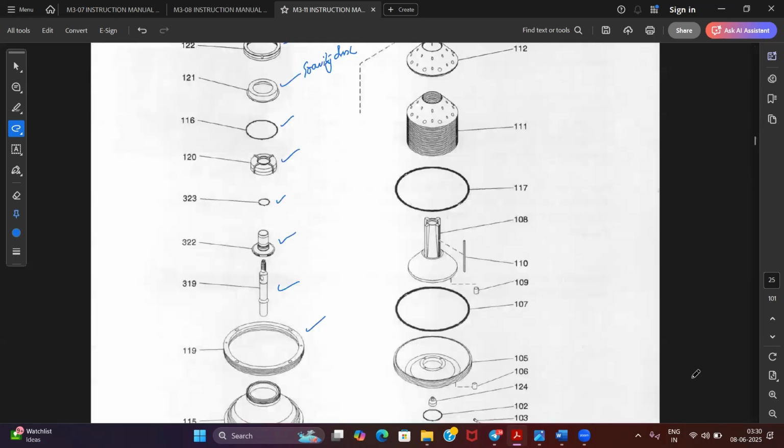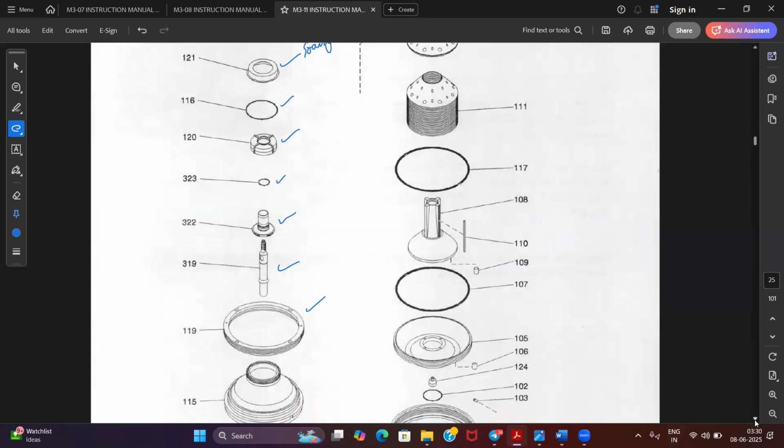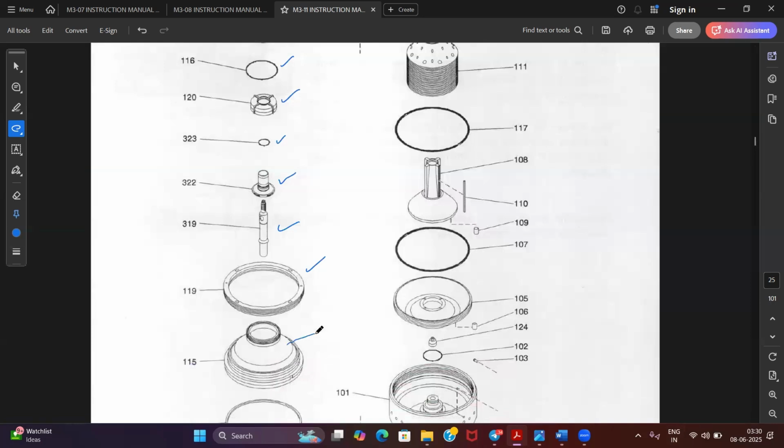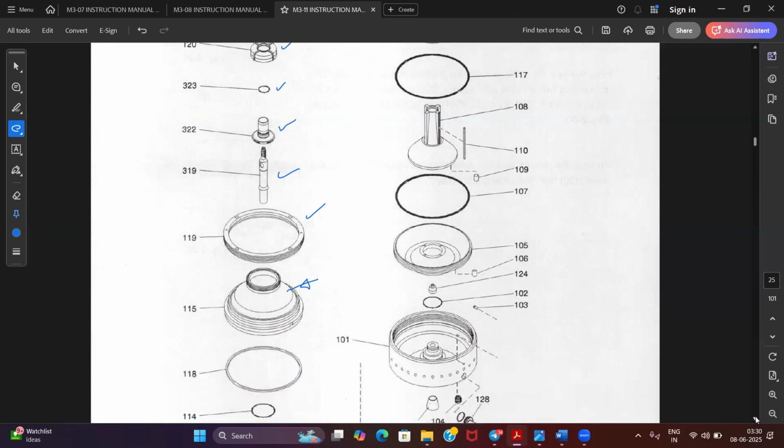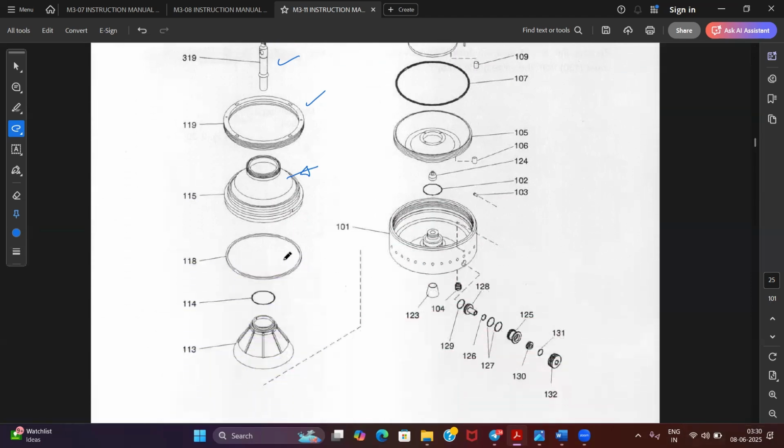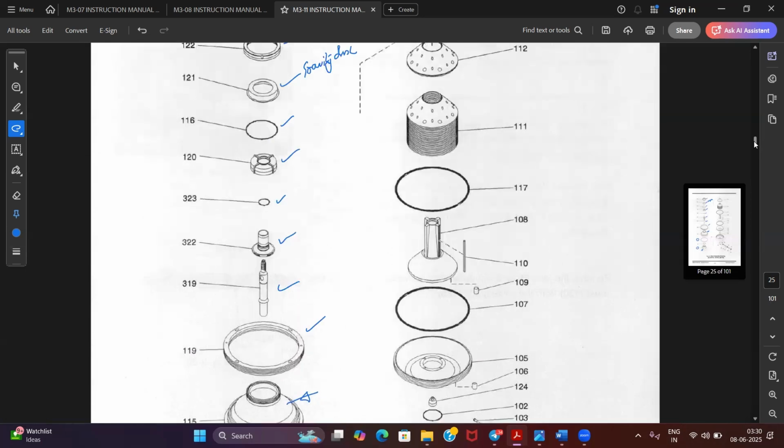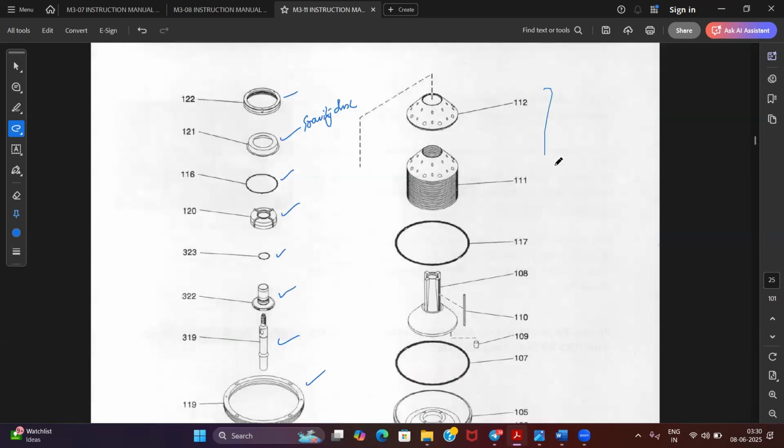And this is my bowl hood, main sealing ring. This is my top disc. You can see in the top disc, there is no hole. It is without holes. Then I have the separating discs. All my discs are there. This is my disc stack and all. These are going into your